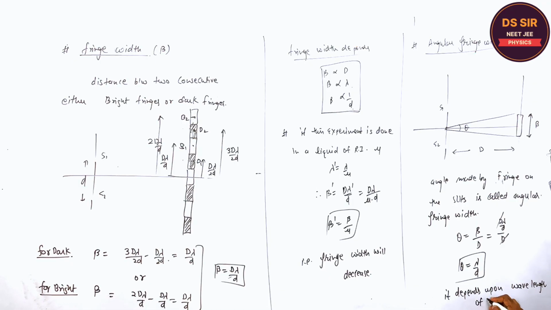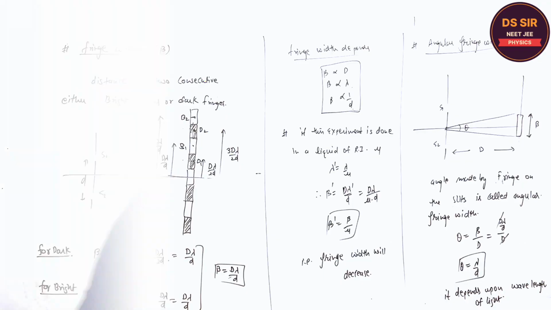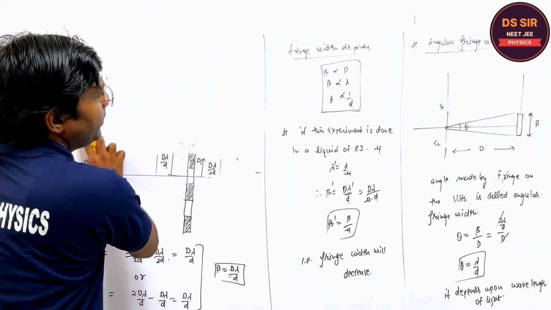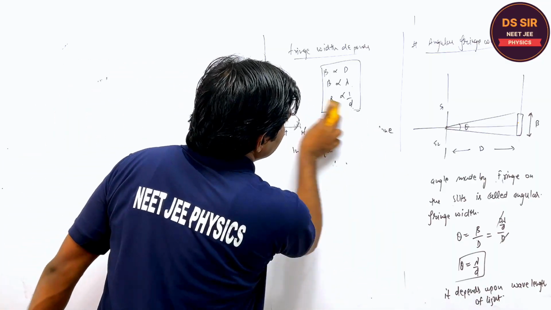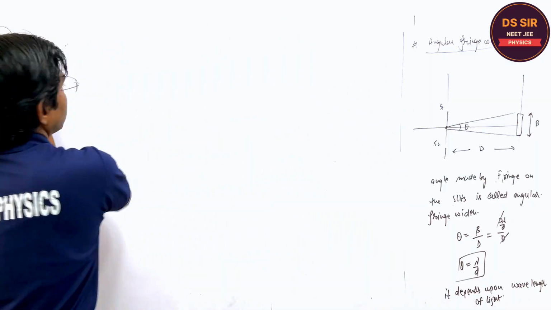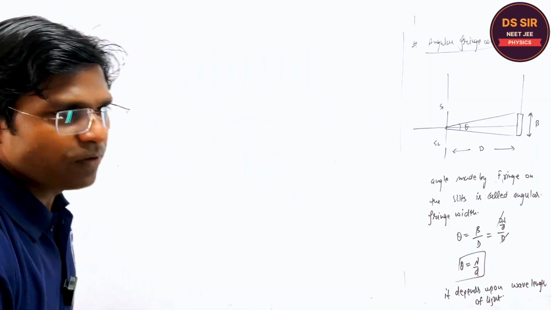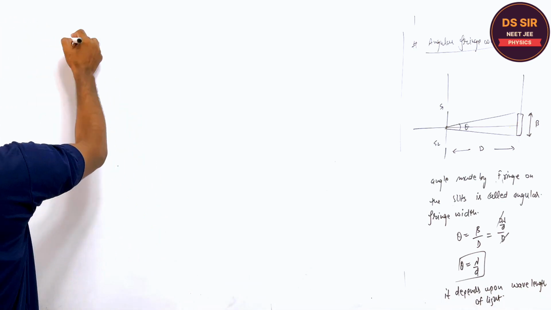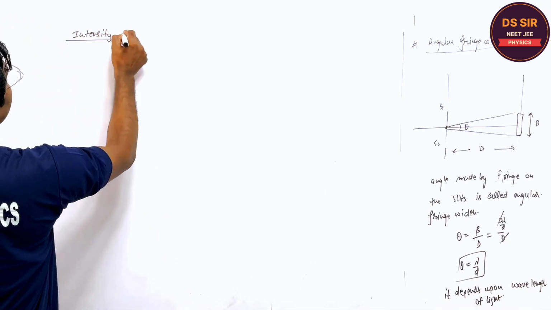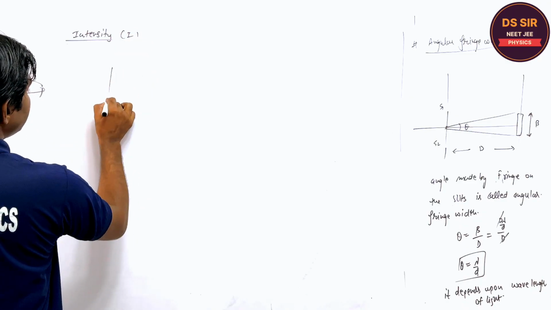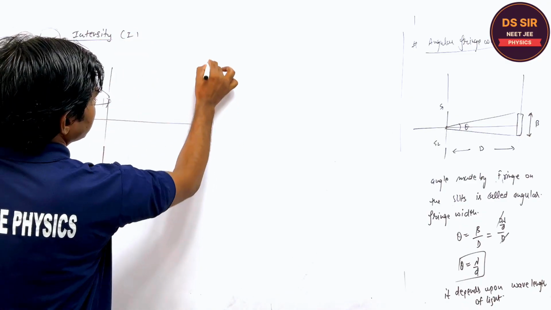Wavelength of light, lambda upon d. Copy this. Listen, one more thing. I will make another very important figure. For example, if we consider the intensity, listen, if these are the two slits,